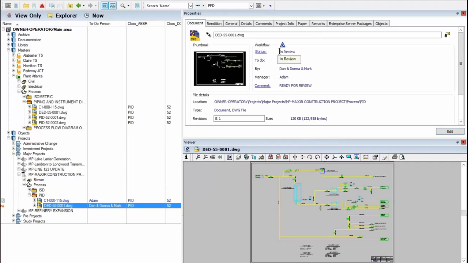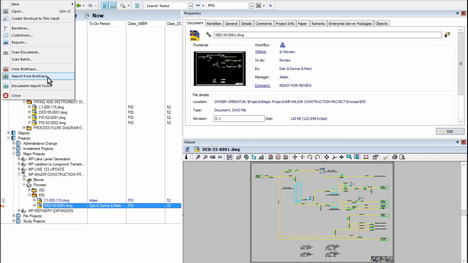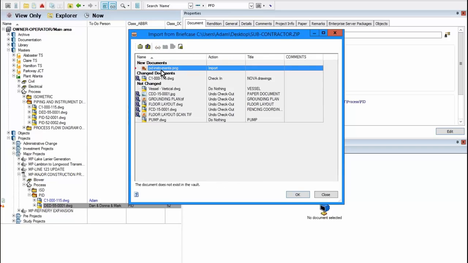So let's say, for example, now we have received a number of documents in a package and we need to import them. I don't need to be anywhere specific in the software to do that, so I'll just leave it where it is and simply tell the software to import from the briefcase. And this is when we receive the documents back in a package from the contractor. We have received it and just simply double-clicked on it within Meridian, and we see that there's a couple of briefcases we've received. One of them is from the subcontractor. Let's open this briefcase, and we can see the documents that we have sent out,